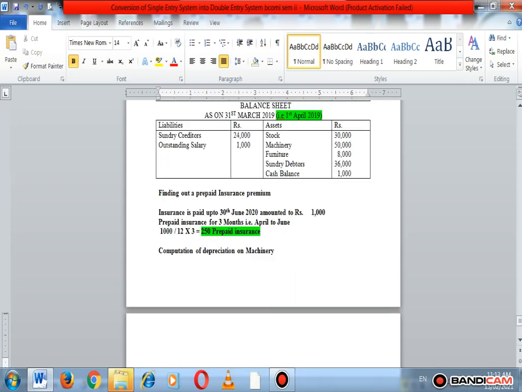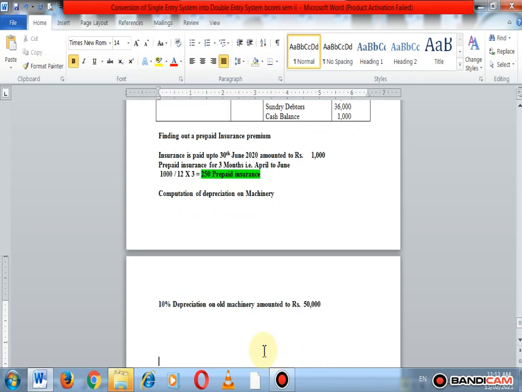So here, 10% depreciation on old machinery amounted to rupees 50,000, and depreciation is equal to, so here